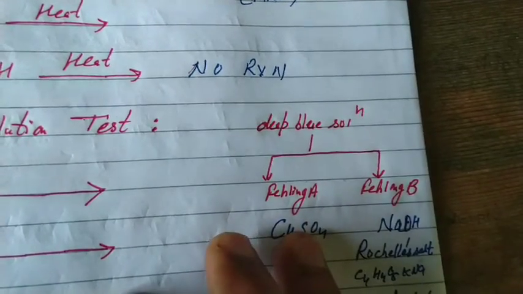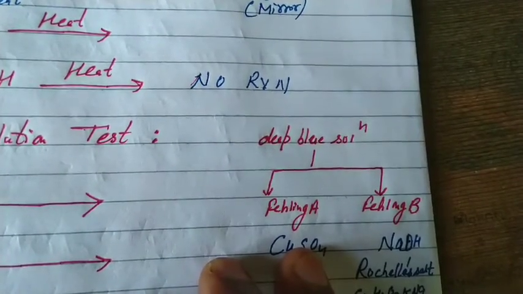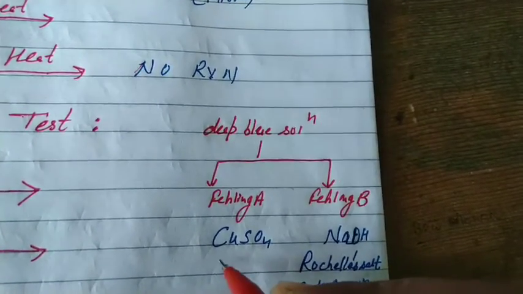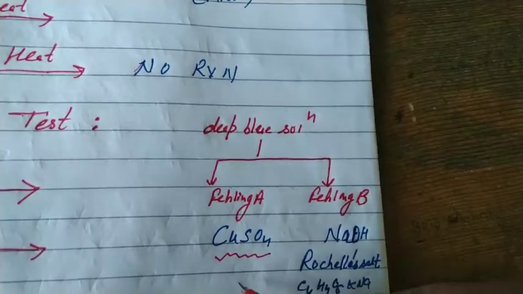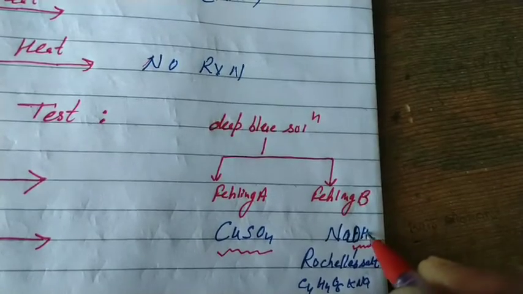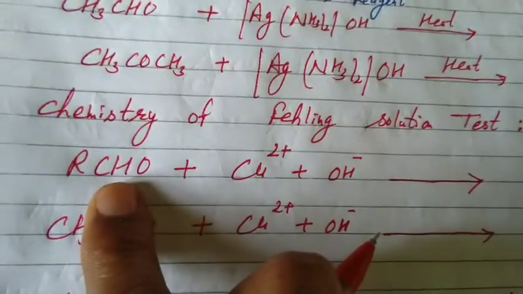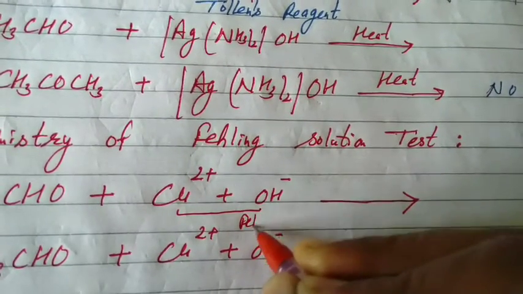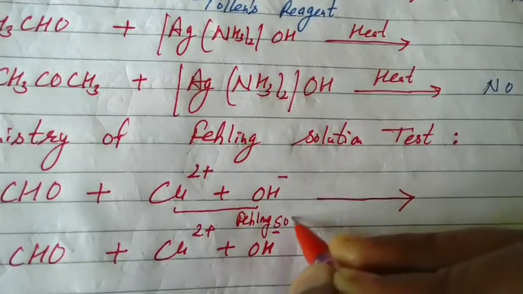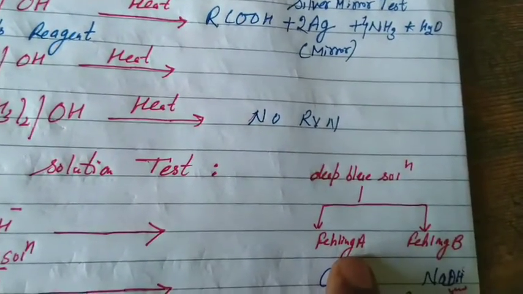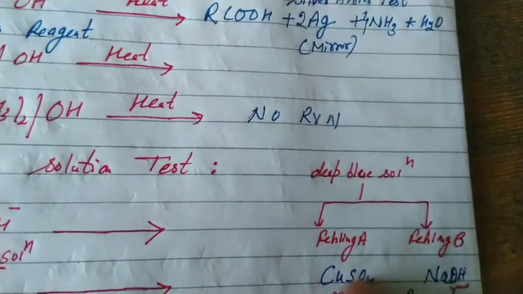Now give the chemistry of the Fehling solution test. Hence, for the chemistry of Fehling solution, it is an ionic equation. What will happen? From Fehling A, the cation part will participate. What is the cation part in Fehling A? Copper 2+ ion. And from Fehling B, vice versa, the anion part will participate. What is the anion part in Fehling B? OH negative. These are the ions of Fehling solution that react with RCHO, aldehyde. Right? From Fehling A, the cation part, that is copper 2+ ions, and from Fehling B, the anion part, that is hydroxide ions, participate.